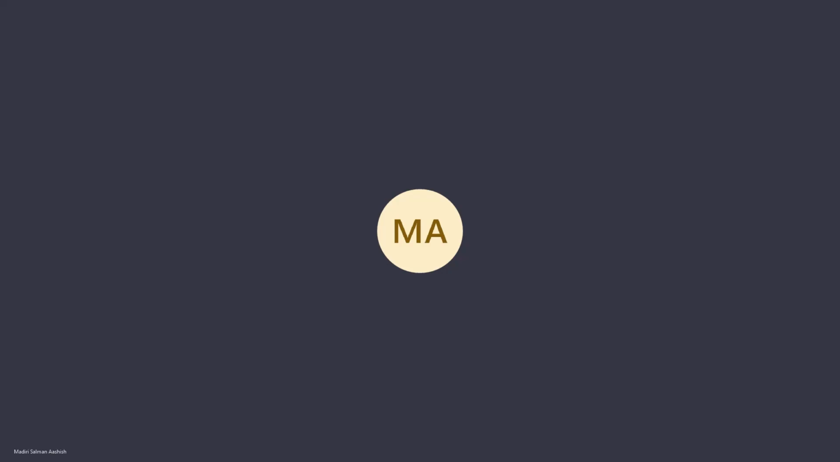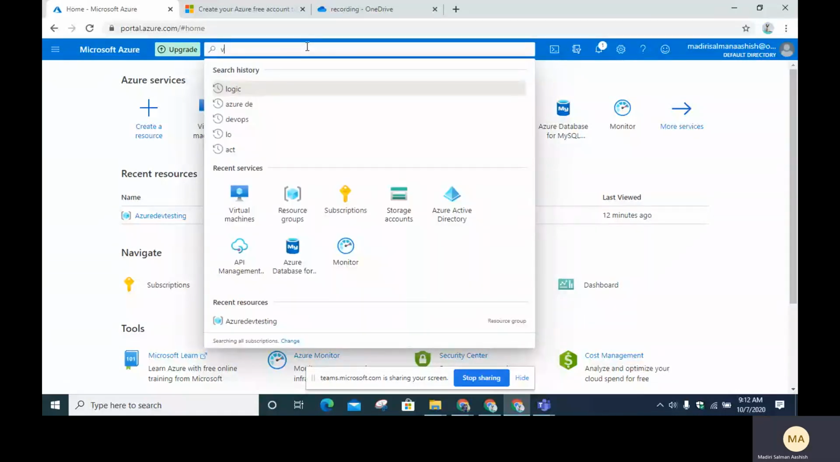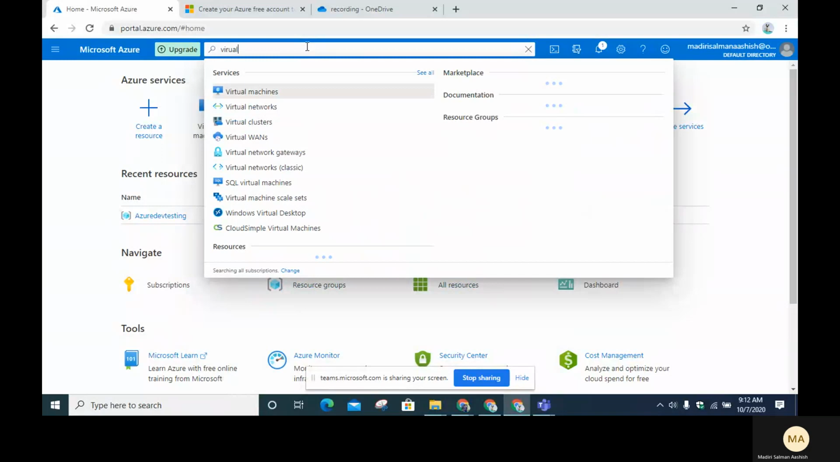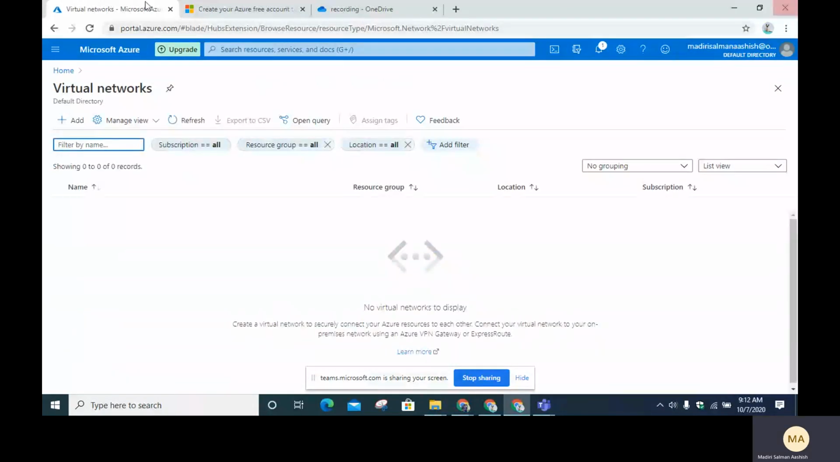Today we will discuss Azure virtual machines. Before creating the virtual machines, we need to create the virtual networks. So we will go for virtual networks. In this, we need to click on add,